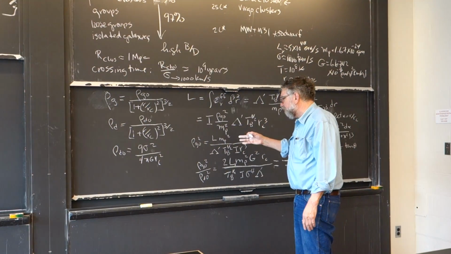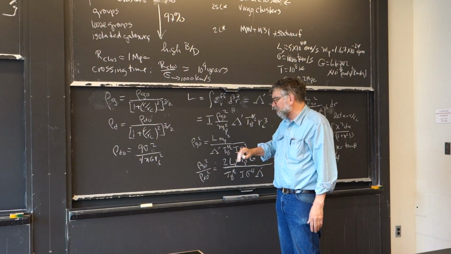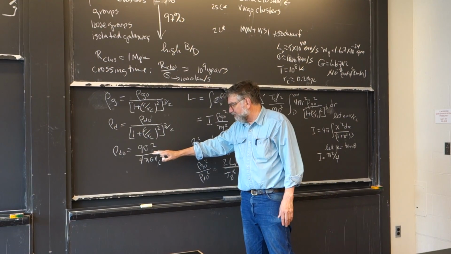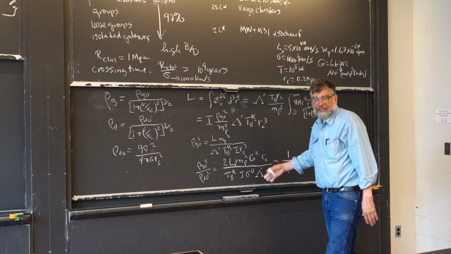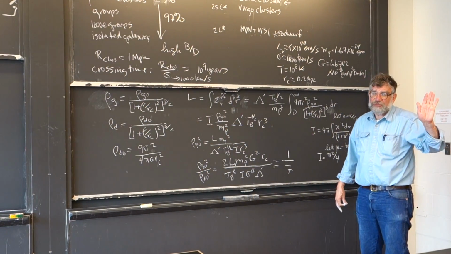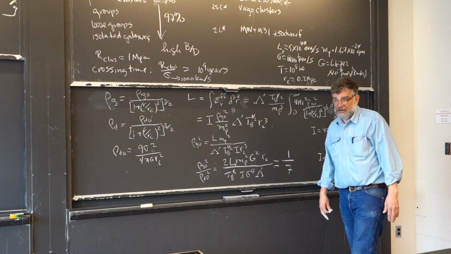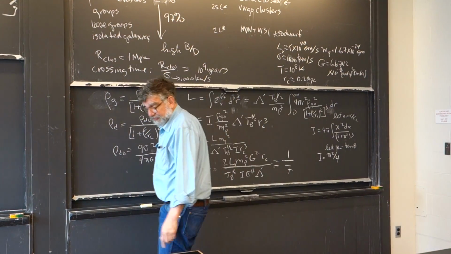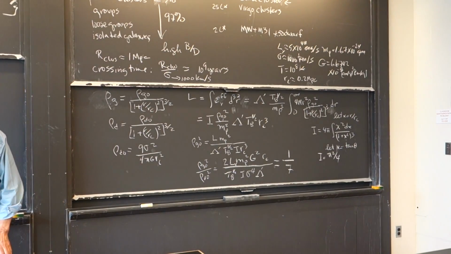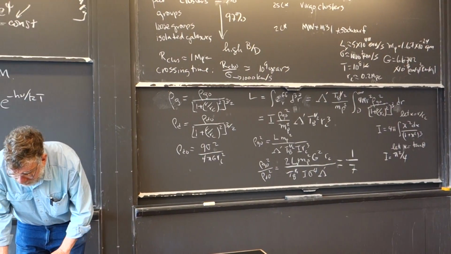So you can determine the gas density from the Sunyaev-Zeldovich effect. You can determine the dark matter density from gravitational lensing. And again, the gas in clusters of galaxies is 15% or 20% of the total mass, and that's it. And the stars are much less. So the baryons that we can see don't contribute. Okay,